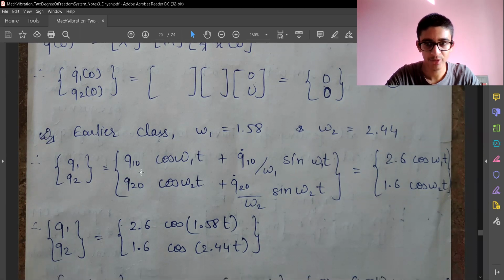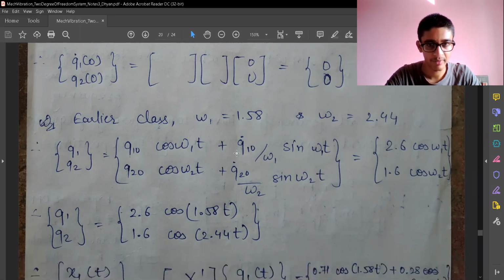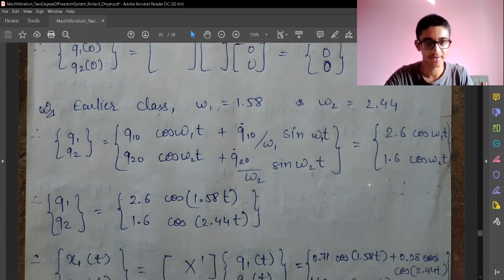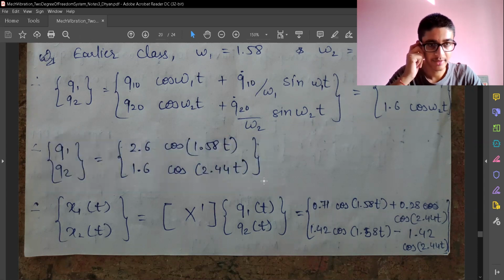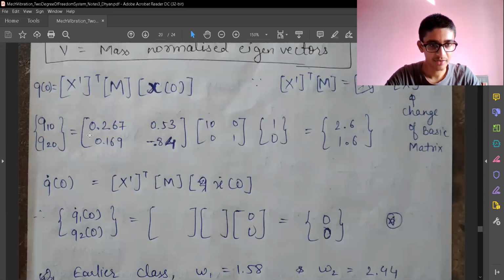So over here we have it in terms of q, and we already found the velocity and displacement in modal coordinates. We just substitute the omega 1 and omega 2 values and get the answer. So we have got the response in terms of the new coordinate system. Now we need to convert it to the old coordinate system. Since this is also a vector, I can convert it to the old coordinate system using the change of basis matrix. But this is the original change of basis matrix which I need to use when I'm changing from new to old.